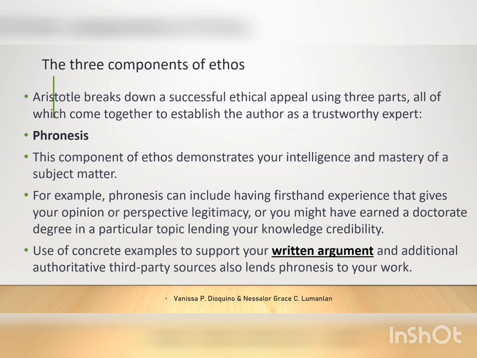For example, it can include having first-hand experience that gives your opinion or perspective legitimacy, or you might have earned a doctorate degree in a particular topic, lending your knowledge credibility. Use of concrete examples to support your written argument and additional authoritative third-party sources also lends credibility to your